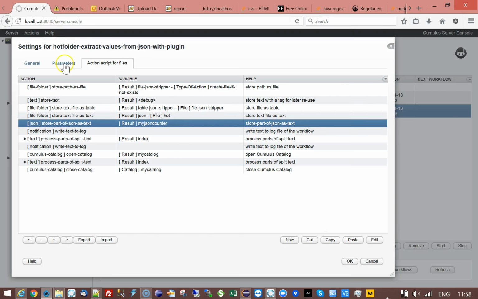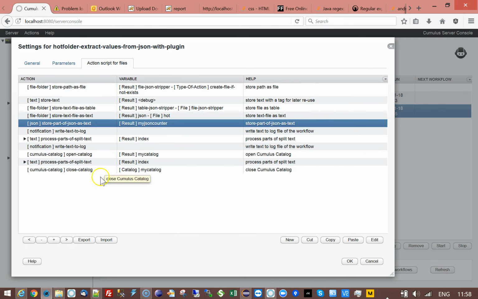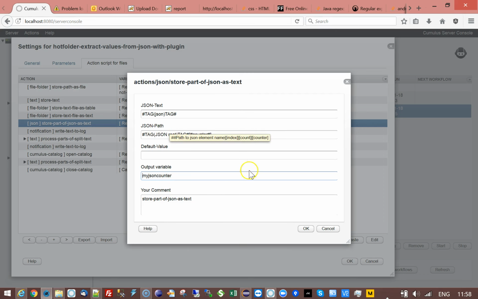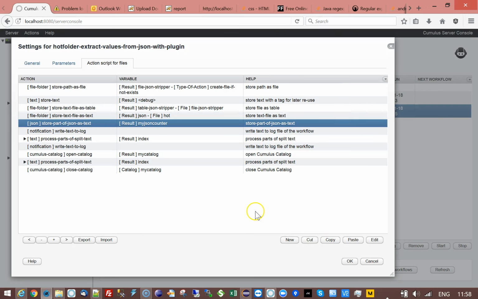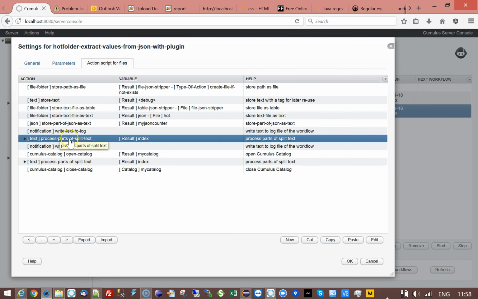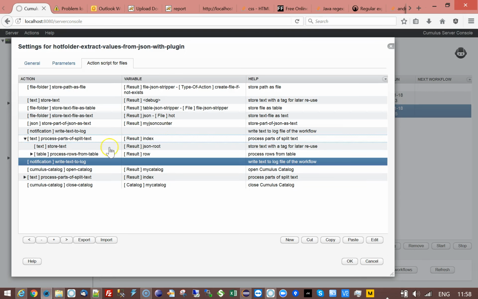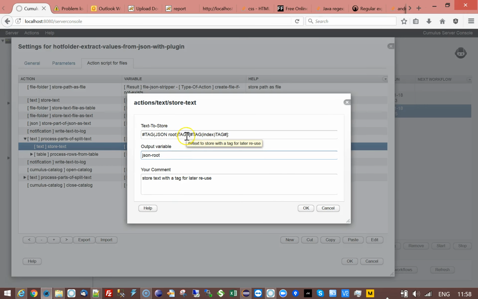So we know that we're interested only in the data section, so I created a parameter that says data colon, and so that's what my starting point is going to be. And the first thing I'm doing is I'm asking from that start part, give me the counter, the 0, 1, 2, 3, 4, 5, and that's what I'm outputting then, pre-processing. And then parts of split text to split is that text file, the different title, ISBN, and related that I'm picking up. And in that part I'm actually storing the JSON root, which is the index,